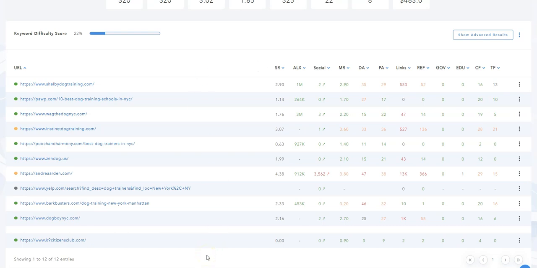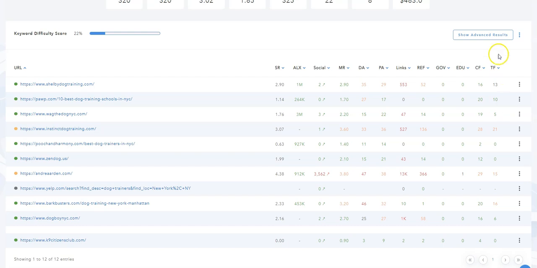That's plenty of useful information. For example, here, a domain authority of 47 is considered quite high, so it's marked in red. On the other hand, here, a trust flow of 5 is considered quite low, so it's marked in green. This should give you a good idea of the level of competition for this keyword.